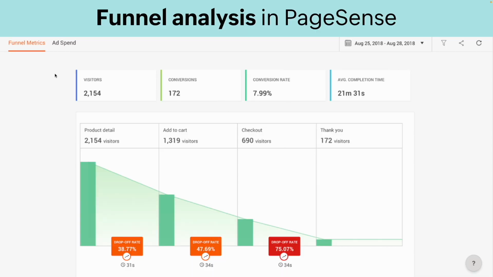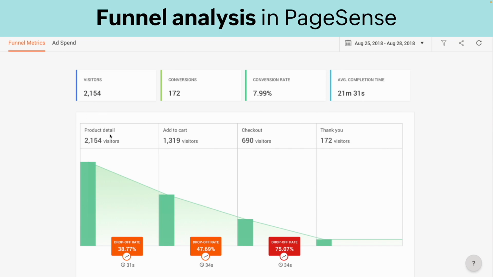One thing I wanted to show, and I actually talked about this earlier, but I didn't give an example of it, was a funnel analysis in PageSense. So I mentioned what this is earlier, and this is something that you'll set up on your site using PageSense. And a funnel analysis will show you where people are dropping off in a funnel that you made. So this specific example is showing that